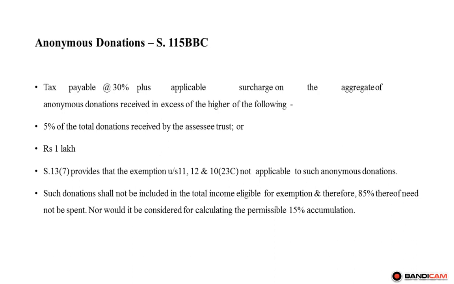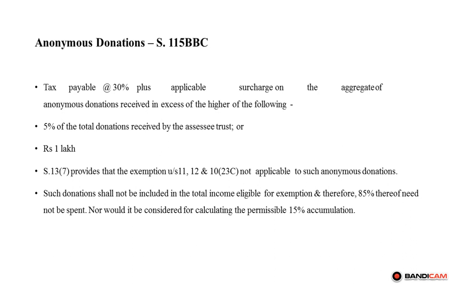Anonymous donation is spent for charitable purpose, but the rule for income of the charitable trust is that 85% income of the charitable organization is spent for the charity purpose, and 15% income is kept aside to meet the future expenditure of the trust. But this rule is not applicable for anonymous donation,